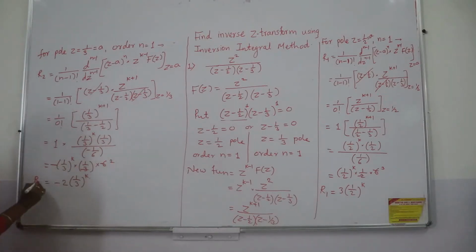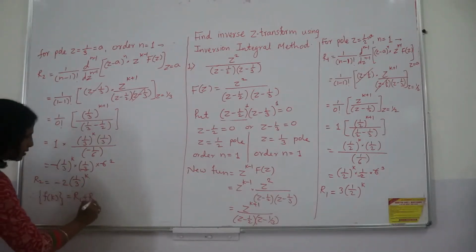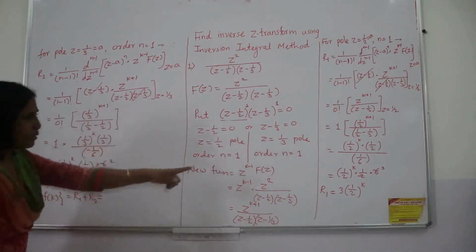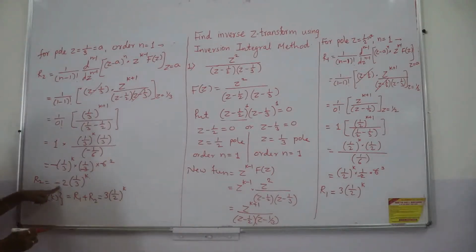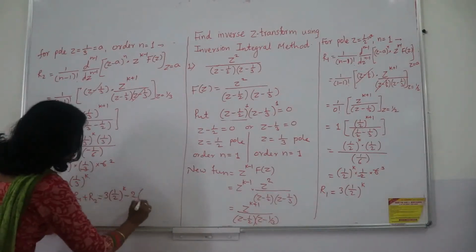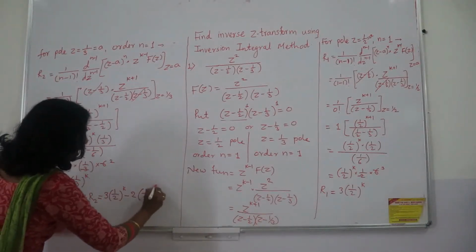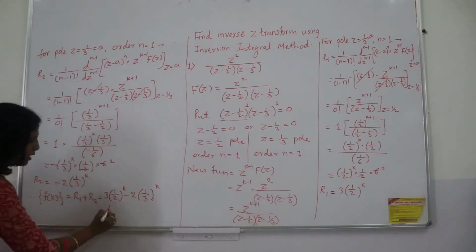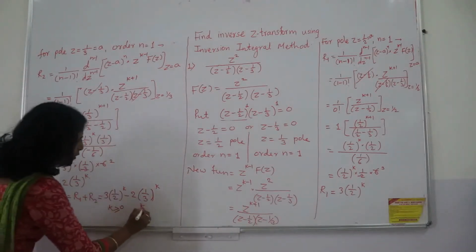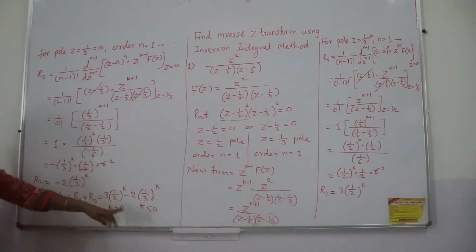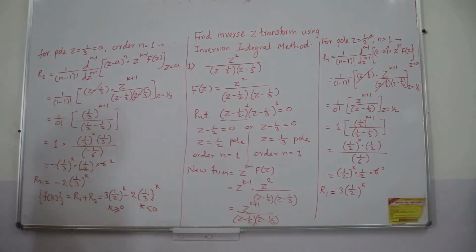This is the second residue, and therefore finally you have to write f of k is equal to the 2 residues calculated, r1 plus r2. So this is equal to r1, we have written here 3 and half raised to k. Now the second residue has a minus sign, so place it here, minus 2 times 1 upon 3 raised to k, and you may mention, see here, this is a positive value, so for this k is greater than or equal to 0. When it is negative value, you can mention here k is less than 0, and this is the value which you have calculated. This is our first example which we finished.